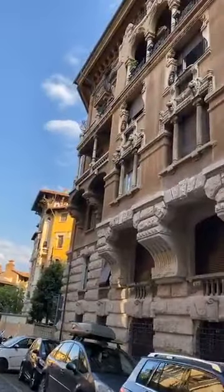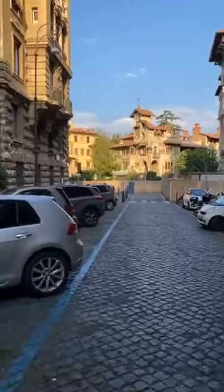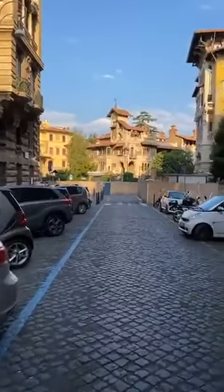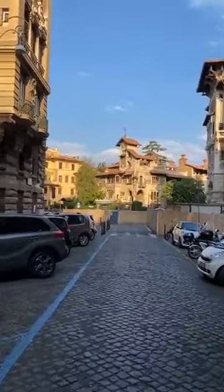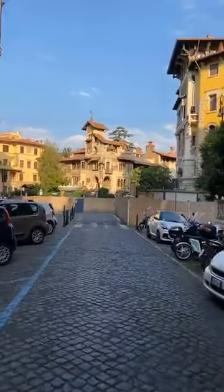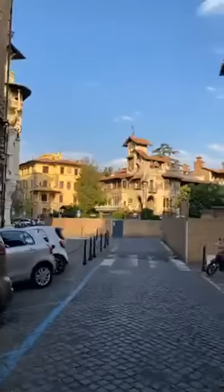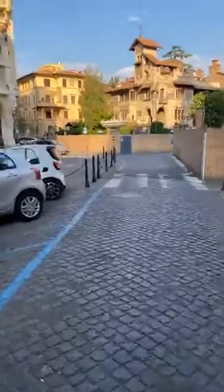Yes. And in the center of different buildings, you can start seeing a fountain that is the symbol of this area, unfortunately under restoration or cleaning, I don't know exactly. We are approaching Piazza Mincio, which is really the center of